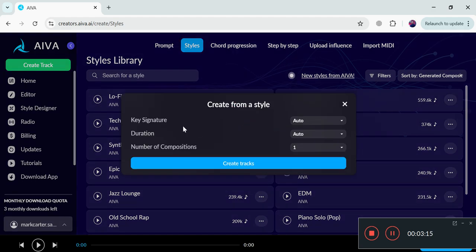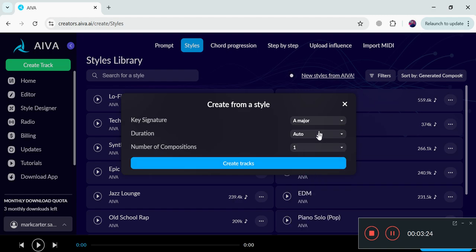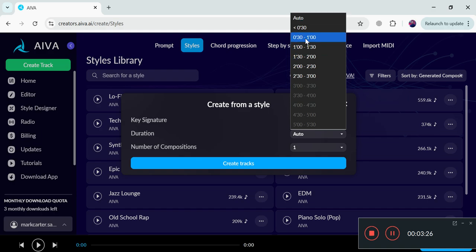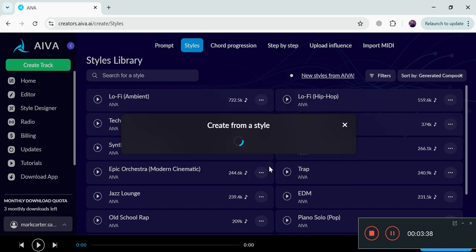And here you can add your key signature, like you want any major or any minor. Let's see, we want to go for A major. And you can also select the duration. Let's say we want less than 30 seconds, and number of compositions, and it will generate multiple tracks. So let's say we want 2 tracks. So now just click on create track, and now it's creating the track.